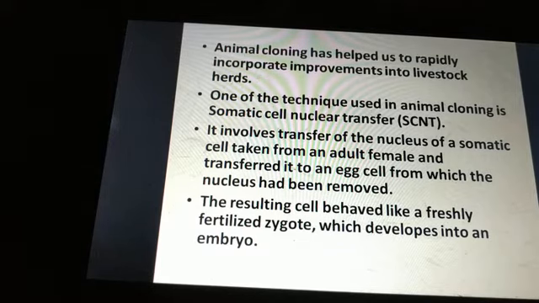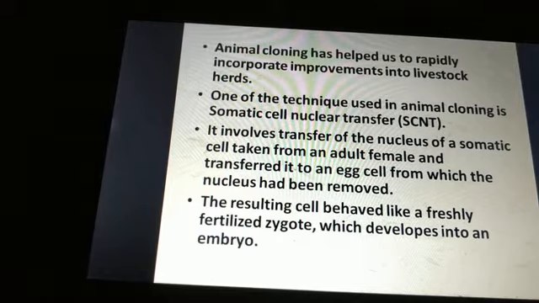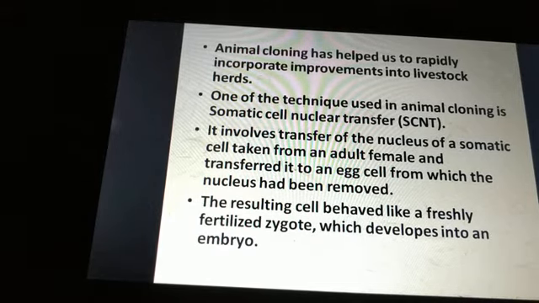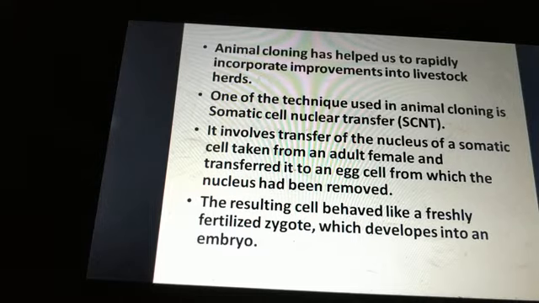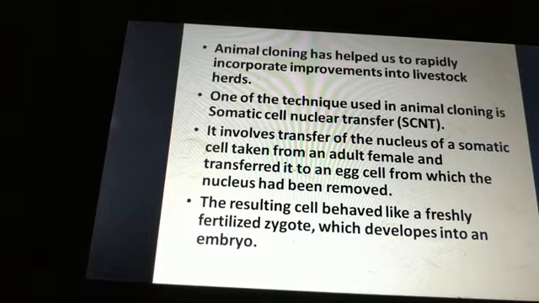What are somatic cells? Any cell of a living organism other than the reproductive cells, that is, other than the egg and the sperm cell, are called somatic cells. Except egg and sperm cell, whatever cell is there in a living organism is called a somatic cell. So we have taken that cell